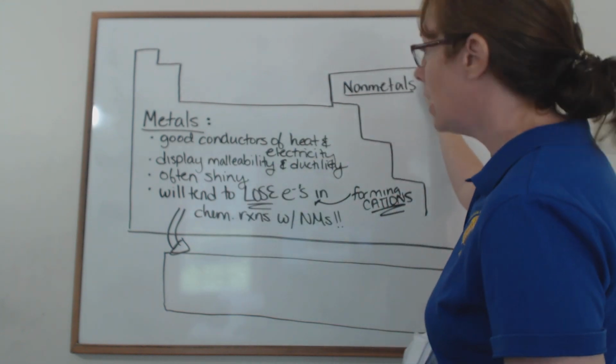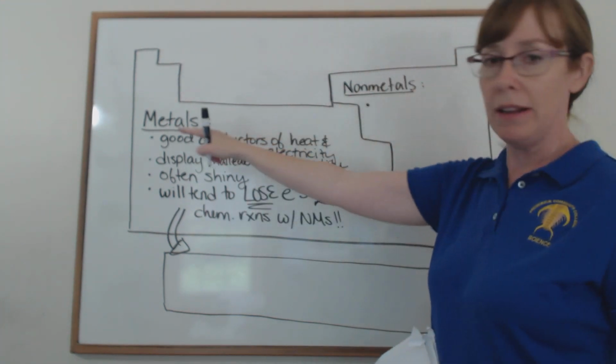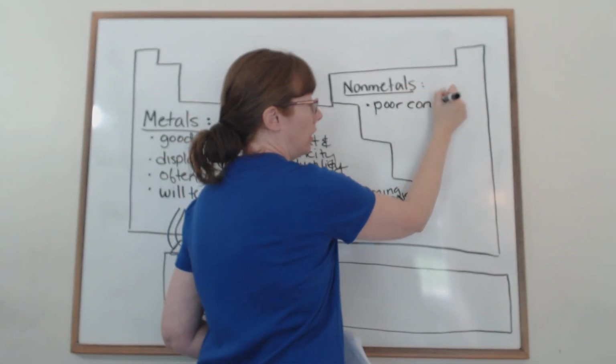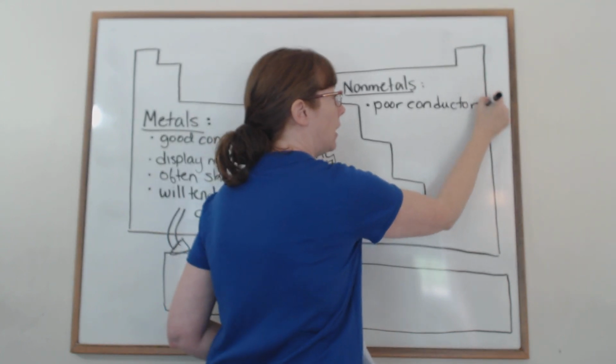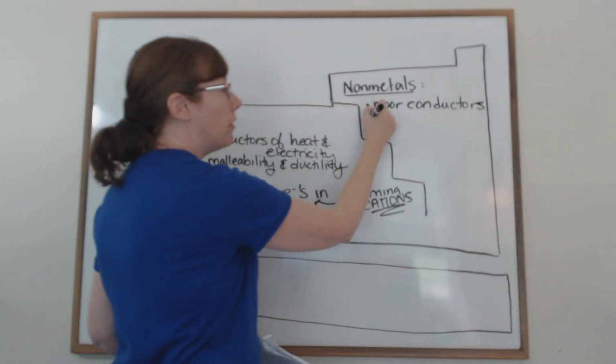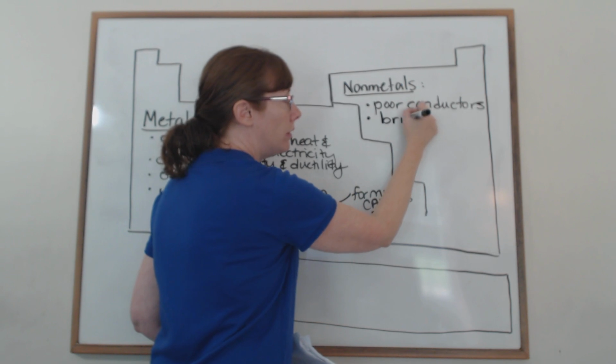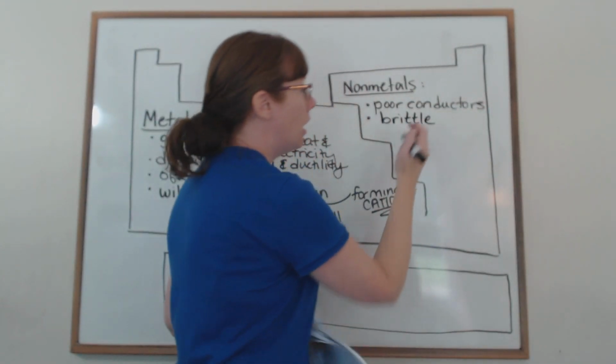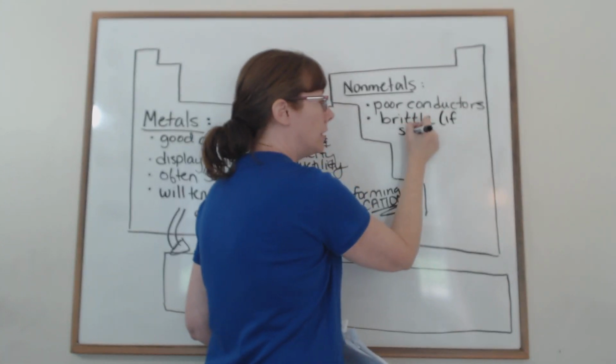Nonmetals. Let's come over here to nonmetals. It's going to be a little bit of the opposite here. Nonmetals are poor conductors. They're not good conductors of heat or electricity. They're actually not very malleable. In fact, they're brittle. Not all of them, but if they're solids, I mean,